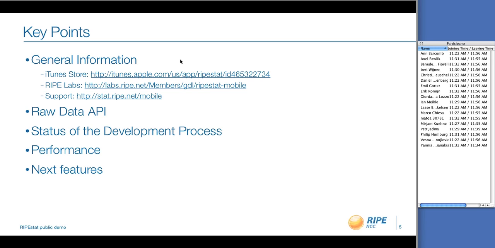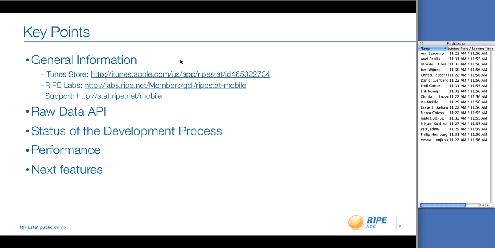The next section is just a summary of the key features we will see. We'll start by giving some general information about the application itself. You can already see 3 links here. We have an article on RIPE Labs that you can read if you like. We have a support website for the mobile application, so if you experience any trouble, if you have comments or suggestions, you can just refer to that website. And of course, you can go on iTunes Store and download the application.